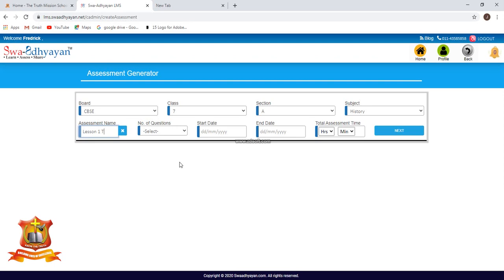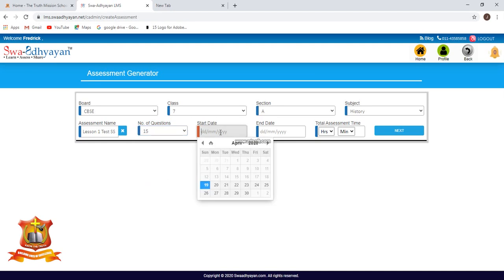Test, SS, you can write your subject name, and then the number of questions. What I understand is that 15 to 20 questions you can take, because later, if you select 40 questions, you cannot select less than 40 or more than 40. So you can select 15 or 20 questions, because we are going to fix the paper at 25 marks. Everyone will make the question paper for 25 marks. For 25 marks, 15 to 20 questions are enough.